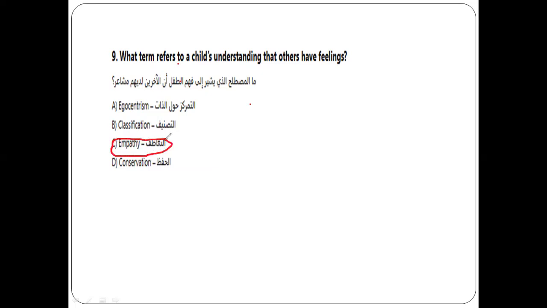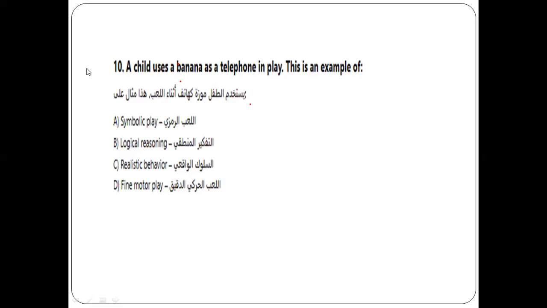Children from 4 to 5 years old, girls and boys, show empathy with their mother and father when they are in a certain problem or situation or when they are upset. A child uses a banana as a telephone in play. This is an example of